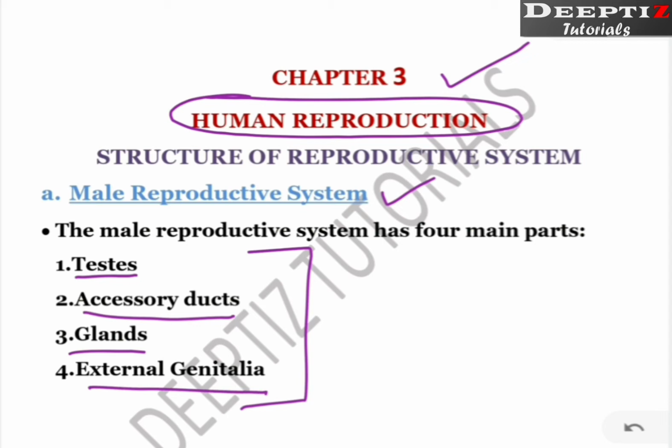From this you have to understand the male sex cell as well as the male hormone, both are produced in this testis. So male sex hormone as well as the sex cell both are produced in testis, and the products of these structures are going to help in the transportation of either the sex cell or the hormones into the target region, right? So we'll discuss all these things one by one. Let's start with the testis.